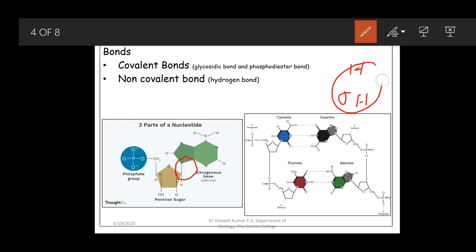So a water molecule gets eliminated and a bond is formed. H2O is getting eliminated. This hydrogen is the hydrogen from the nitrogen of the base, either purine or pyrimidine, and OH is of the sugar. So a water molecule is thus eliminated and a glycosidic bond is formed here. This is the first covalent bond, which is between the nitrogen base and the sugar, and the second covalent bond is formed between the phosphate group and the sugar, and that happens at the 5' end.